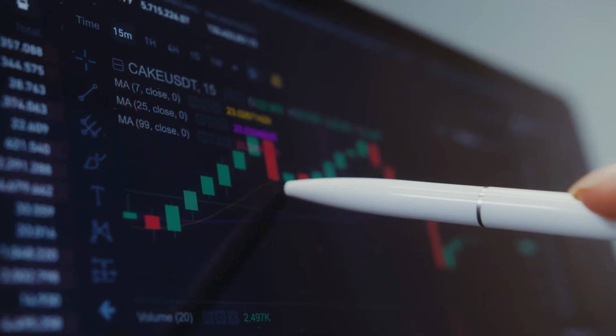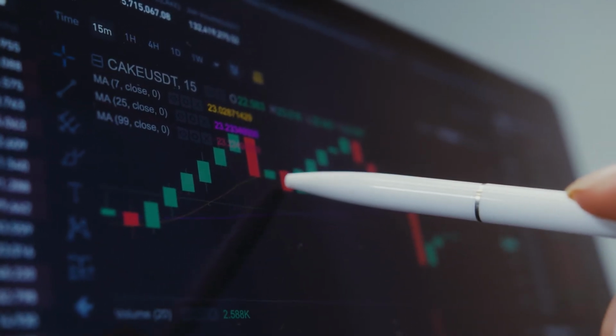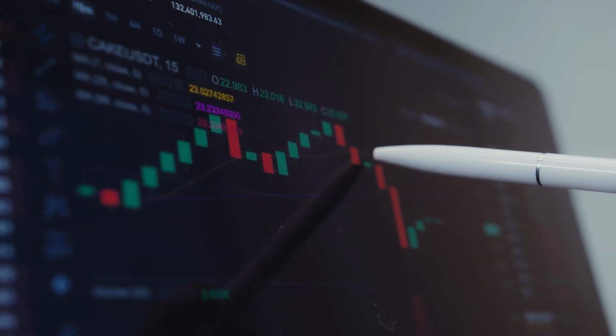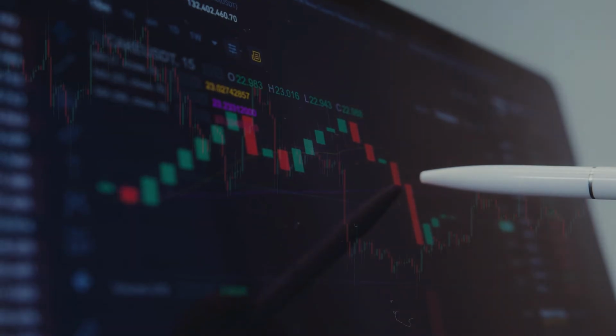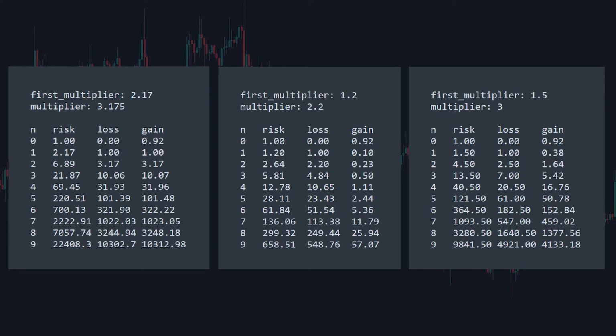method usually feel overly confident, they trust the system so much that they either neglect or entirely skip market analysis. 4 to 5 long streaks might be frequent, and longer streaks are also possible. Here are some examples of different cheat sheets with different multipliers. I highly recommend making your own calculations to find out which numbers fit your initial investment and your risk-taking attitude.